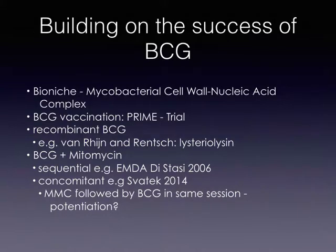So some of them build on the success of BCG. For example, we'll talk about the bio-niche mycobacterial cell wall nucleic acid complex. There's trials looking at vaccinating patients with BCG before you give them the intravesical dose as an immune system primer. Recombinant BCG, the work of Van Rijn and Wrench, giving BCG the Listeria lysine property or protein from Listeria monocytogenes, which allows essentially breakdown of urothelial cells to get better access and better tissue penetration, and BCG and mitomycin, which we talked